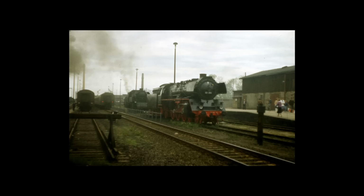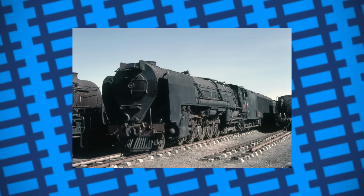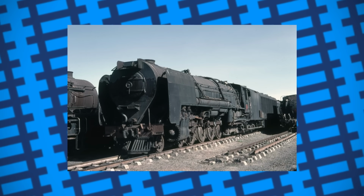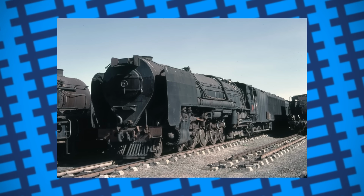Some engineers, however, still felt that steam was a viable option, and tried their best to prove that steam power could keep up with the times. In South Africa, this resulted in an engineer trying to beat out diesel power with a little help from a devil. Built in 1953, the Class 25s of South African railways were hard-working beasts, and for their time quite intricate